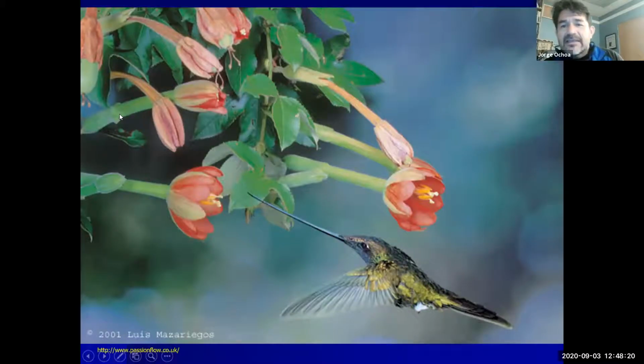Here we see the extreme, not my photograph, I wish, but this is the sword-billed hummingbird and Ciffra. You can see the length of the beak is exactly the same as the length of the floral tube. So this is the specific pollinator for some of this grouping that have the long tube. The hummingbirds are going to use their tongue to lick the pollen from the flowers. So it's going to go in there and take the pollen.